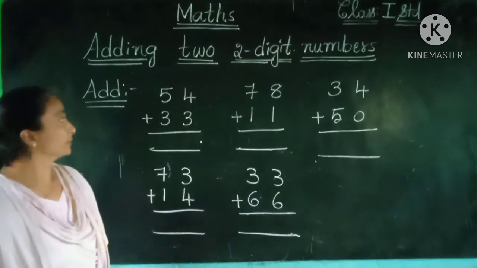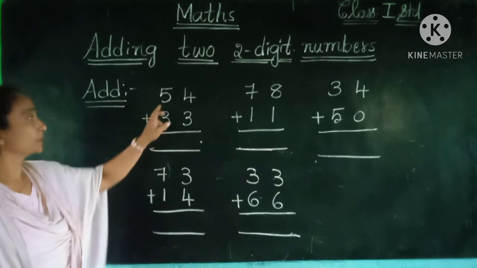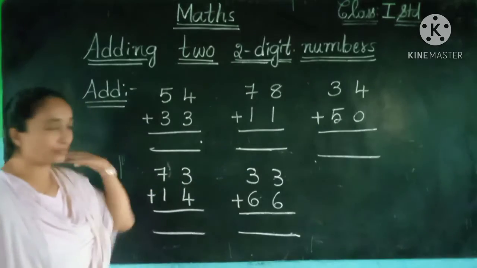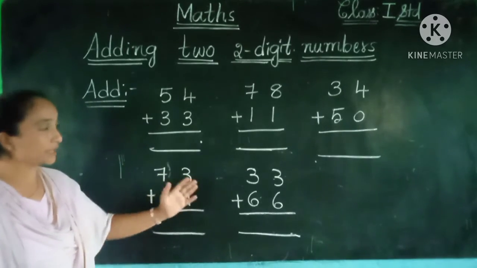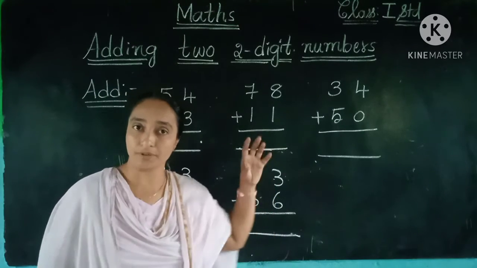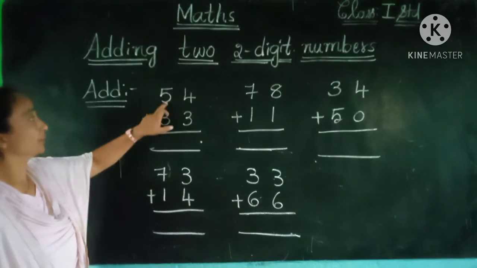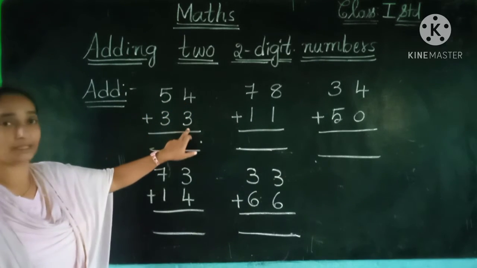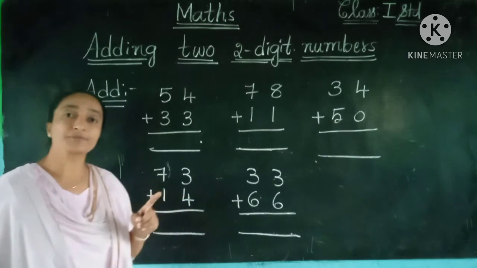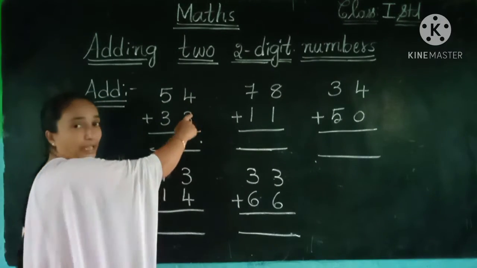So let us see now children. All are adding, and everything is 2-digit numbers. So the ones place and the tens place, tens and ones, like this only. Children, already like this has been written in your textbook, so you can do the calculation like this. From the exercise I have given some examples. So let us see. The first: 54 plus 33. So what we have to do children, first of all, step 1, yes, we have to do from the ones place. So first the ones place we should do the calculation.